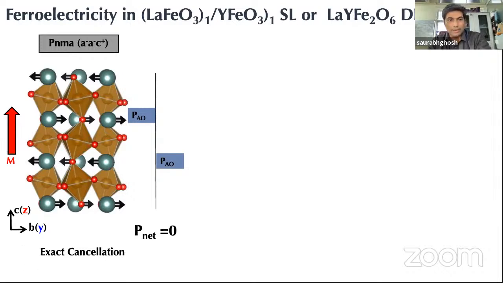How? So on the left-hand side, this is simple Pnma. So it's lanthanum ferrite. And you can see the two cations are moving in the opposite direction. So if we calculate the layered polarization, then these two layers will give equal magnitude in the layered polarization. But these polarizations are aligned in the opposite direction. So there is an exact cancellation. And that's why lanthanum ferrite in Pnma structure is not ferroelectric. Basically its total polarization is 0. However, if we can design this in such a way,